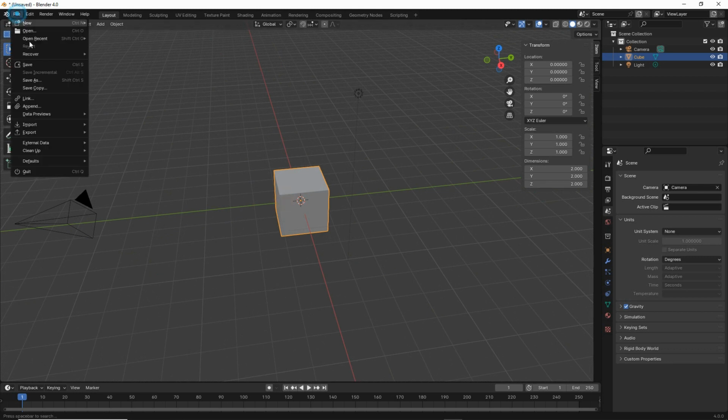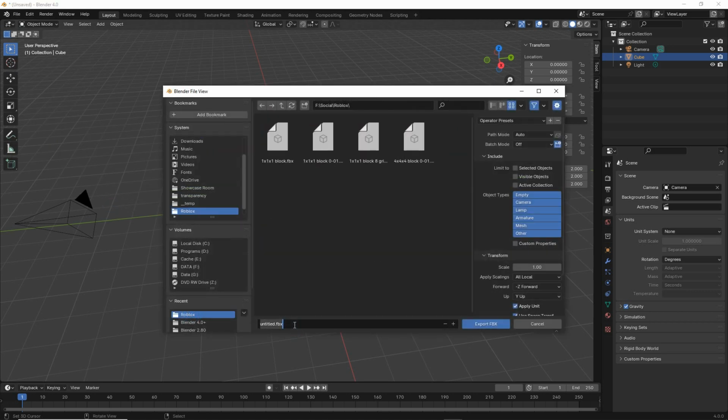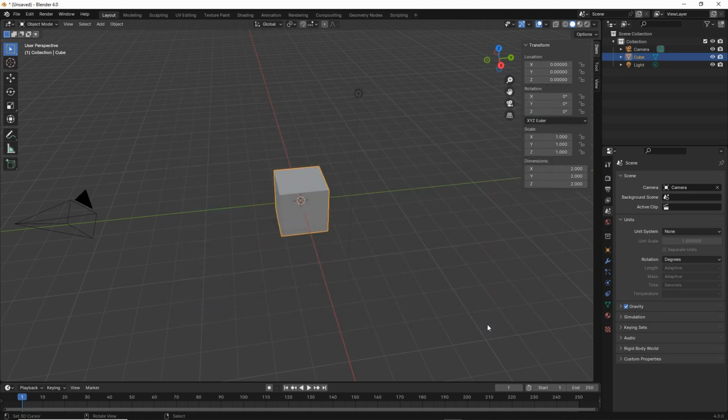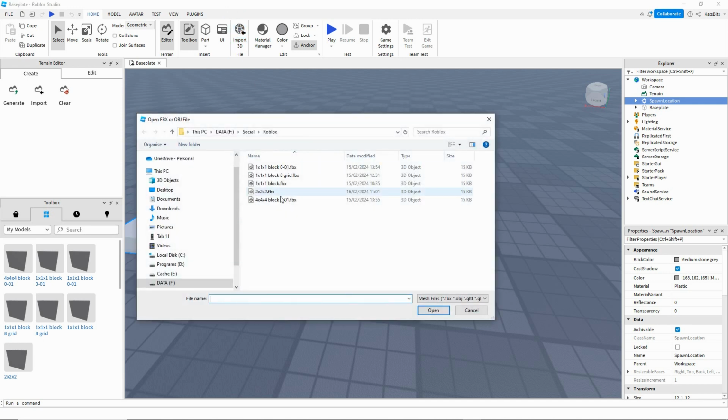Export, FBX, let's just do a quick export, 2 by 2 by 2, export selected only, scale 0.01, export. So in Roblox, if we import our 3D model, there it is, 2 by 2 by 2, open,